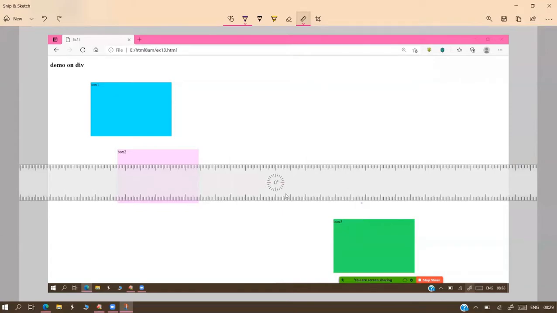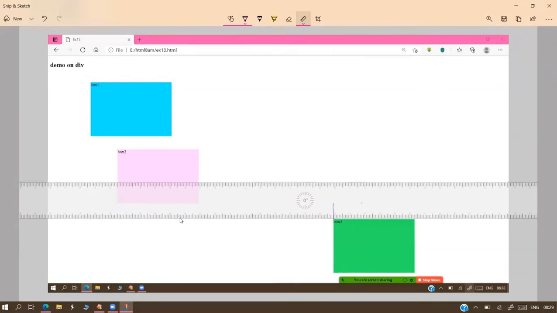I'll show a small thing here. I'll draw the exact position. So both lines are coordinating.